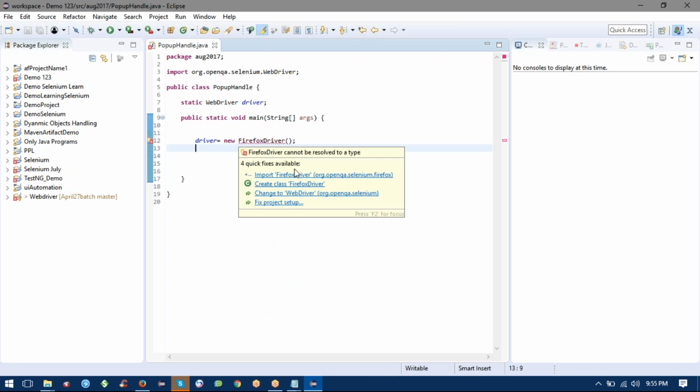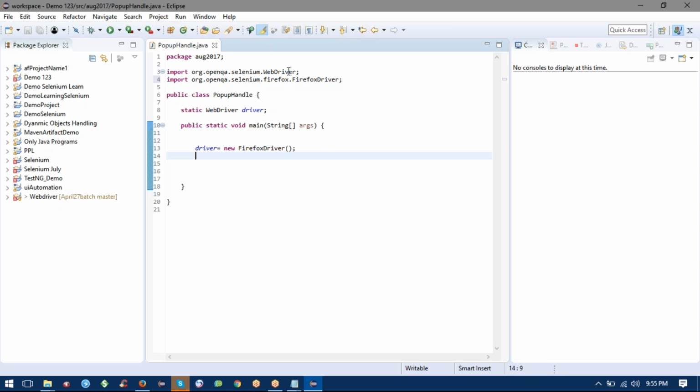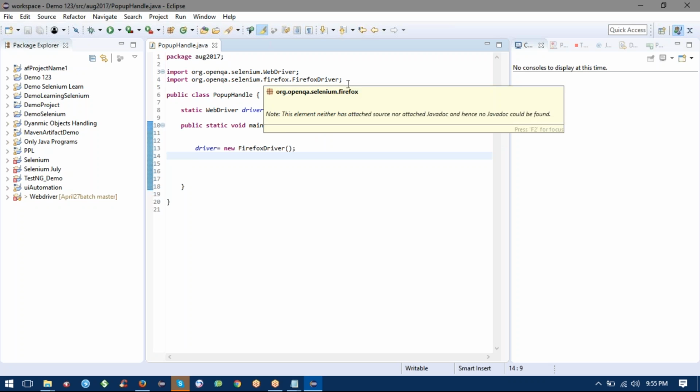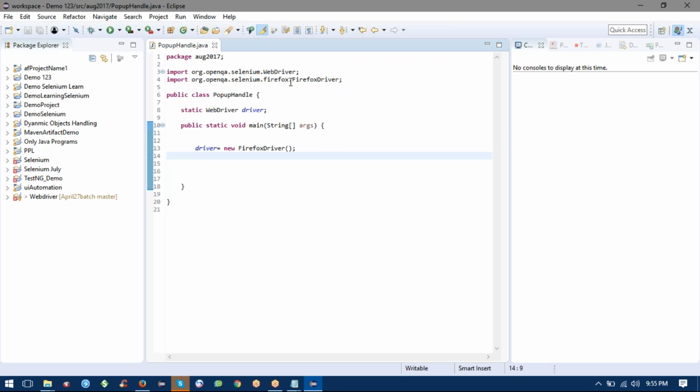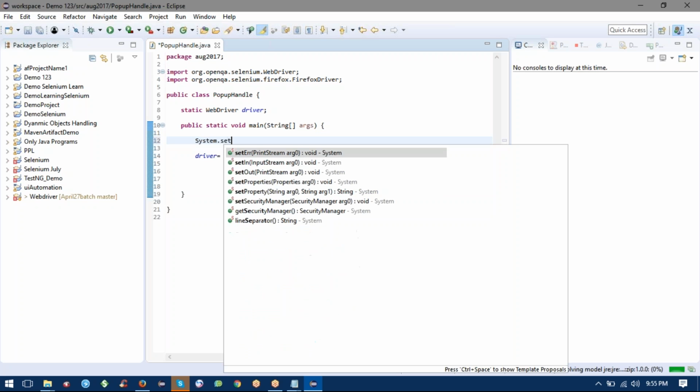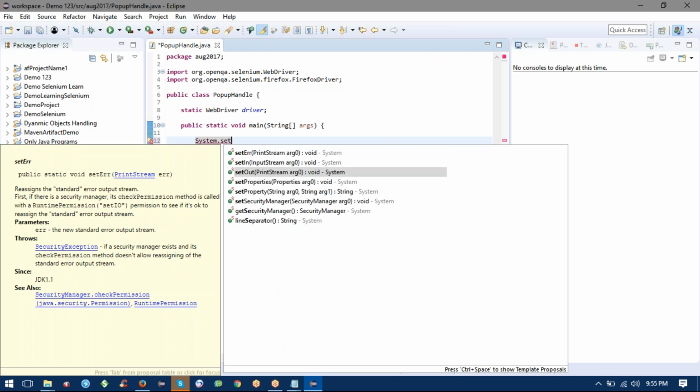I will have to add this package here. You can see this is a package and this is a class, because it is coming from outside the package. For you, I don't need to set the system path, but for you guys, you will have to set up the system path via the System class, System.setProperty